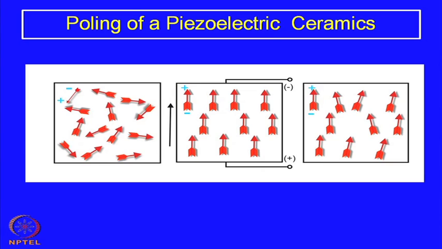Normally, all piezoelectric material, just like ferroelectric material, have a Curie point or Curie temperature above which the piezoelectricity is lost. It changes over to a paraelectric situation, so there is no permanent dipole moment anymore. So, poling is normally done slightly below the Curie temperature, where the movement of the dipoles becomes easier. The kinetics of the process is faster close to the Curie point. So, poling is normally done in a warm environment,